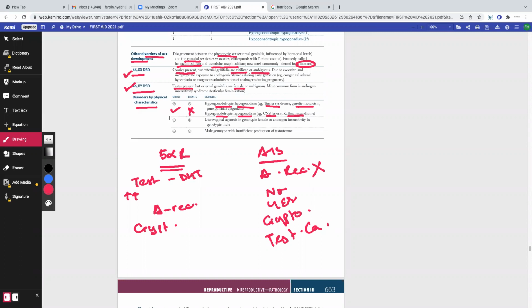Let's move forward. If there's a female who does not have uterus, but they have a breast, right? But they have the mammary glands. If they have a mammary gland and they do not have a uterus, can we expect that there's a possibility these patients are genotypically males? Yes or no?